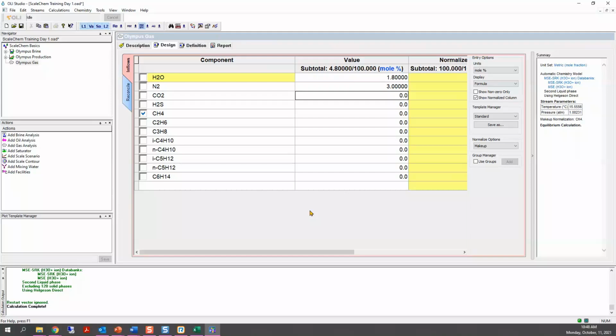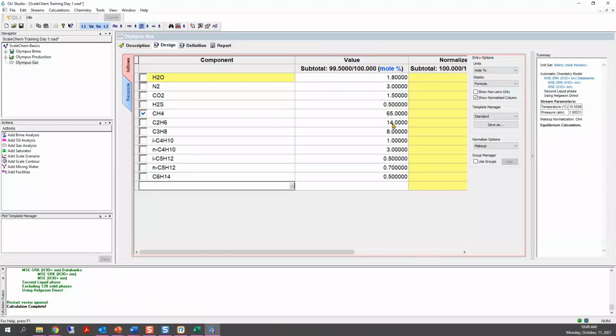Okay. So we have this gas. This gas was also found to have 1.5 CO2. It had some H2S, 0.5. Methane, it had 65%. Ethane, 14. 8 for the propane. Isobutane is 1. And butane is 3. Isopentane, 0.5. Normal pentane is 0.7. And hexane is 0.5.